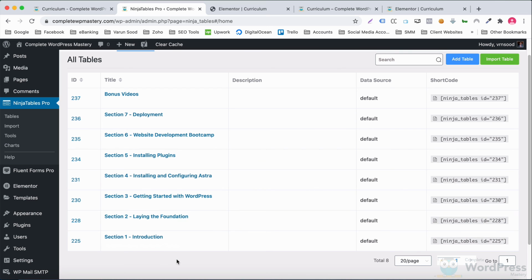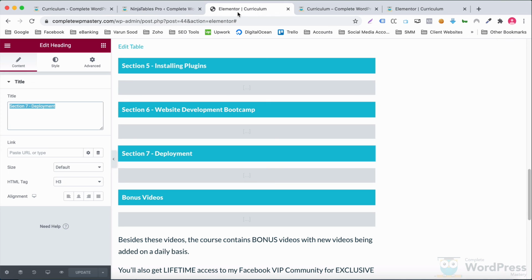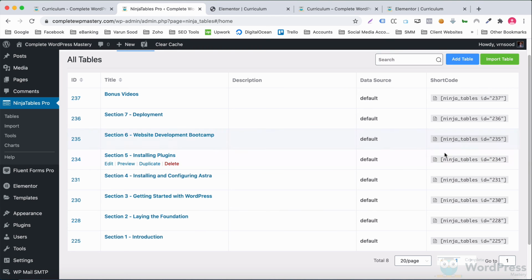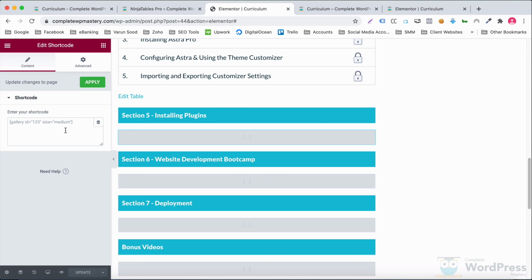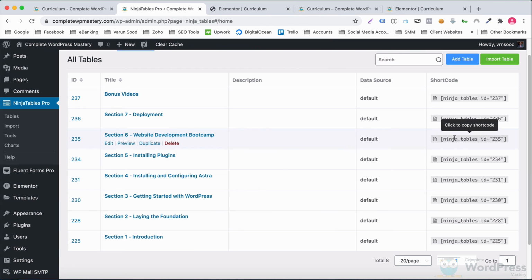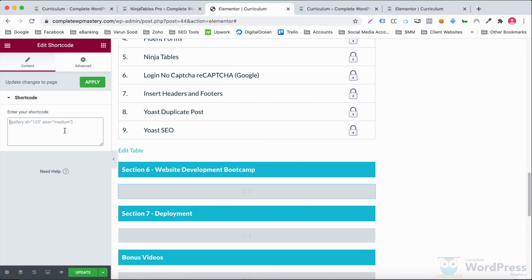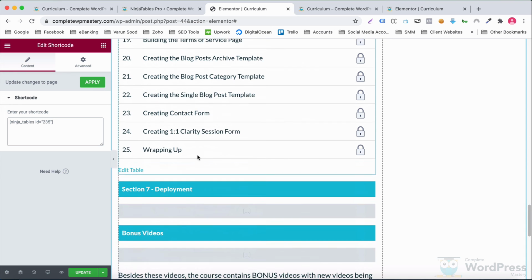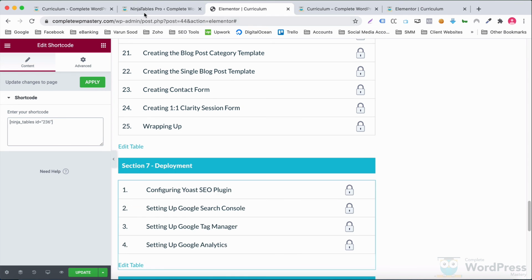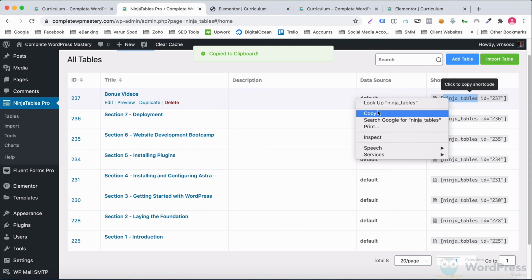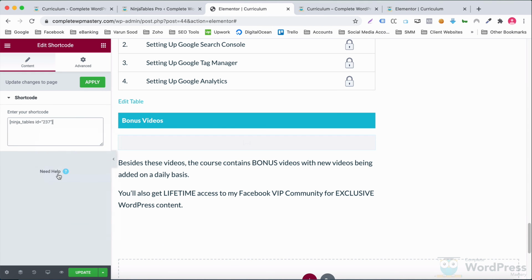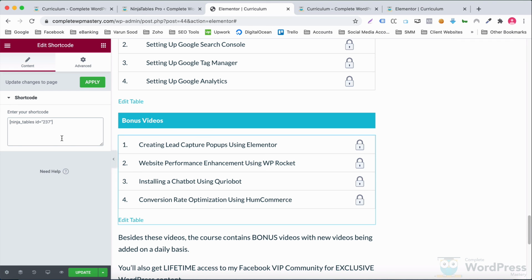Welcome back. I have created all the tables. Let's now embed them on the curriculum page. So all the tables have been embedded.